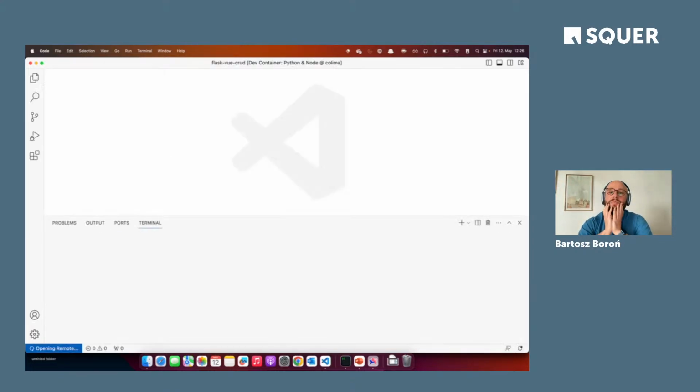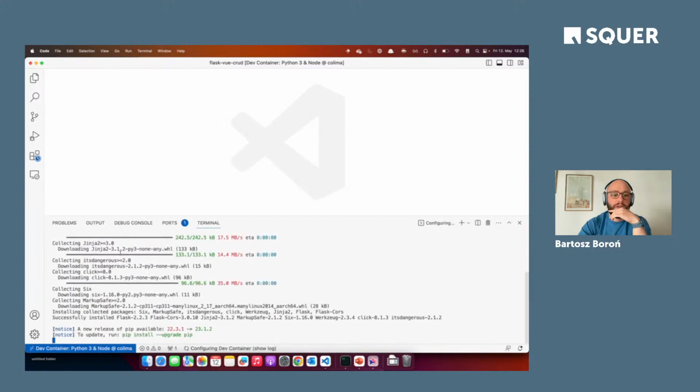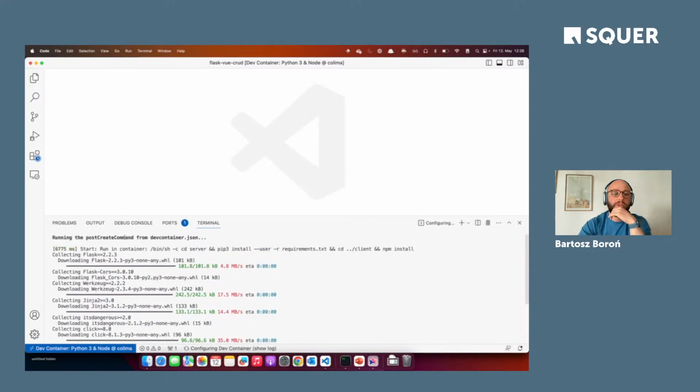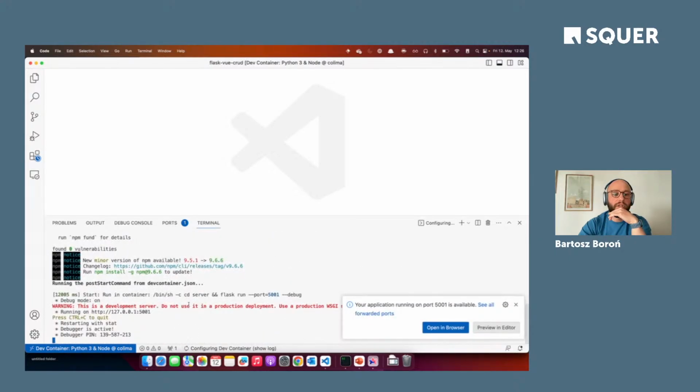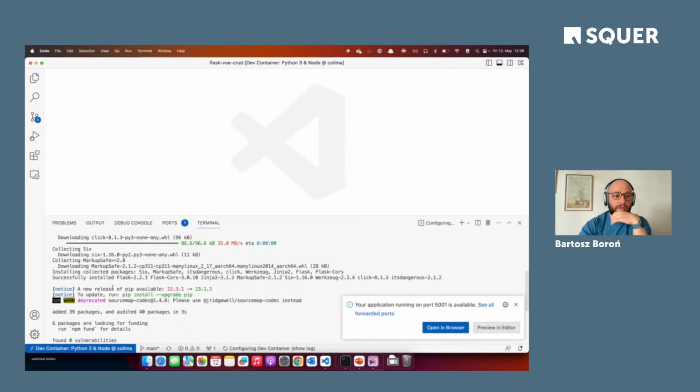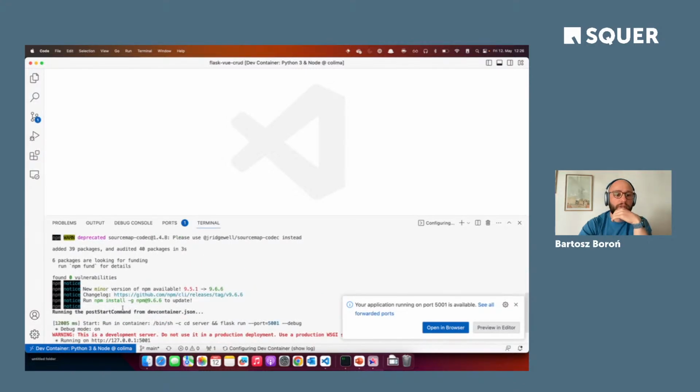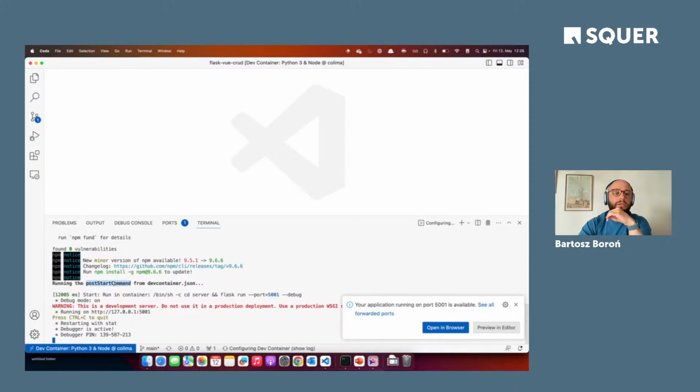Now the container gets built, VS Code starts, the remote extension starts inside the container and initializes all the processes. Because I had the images on my machine, it was quite quick. The post create command installing Python dependencies ran, npm also ran successfully,